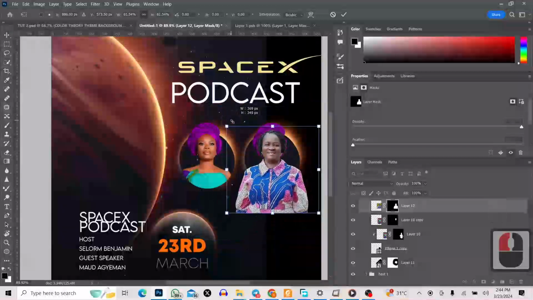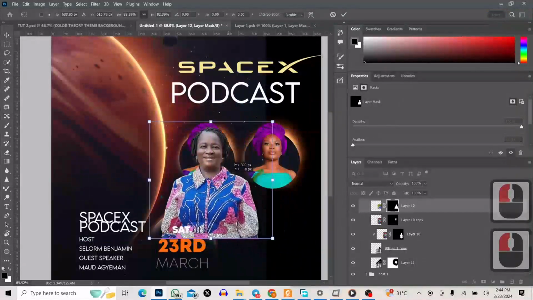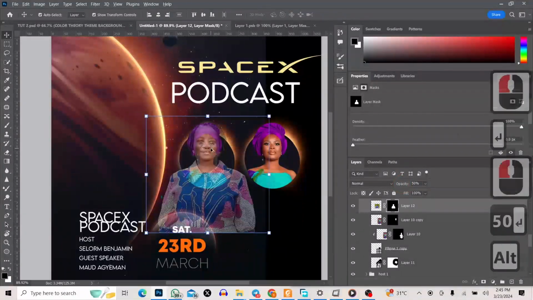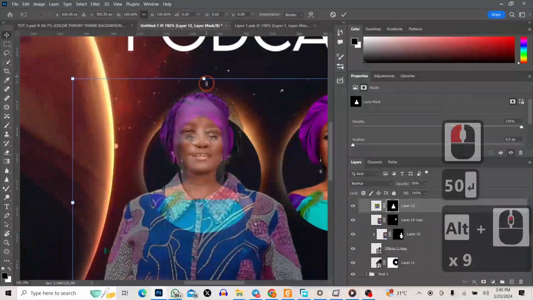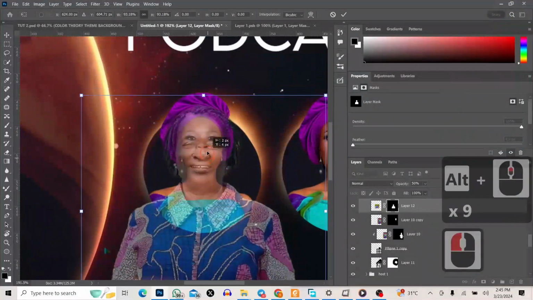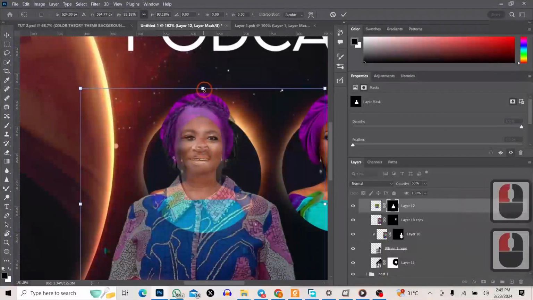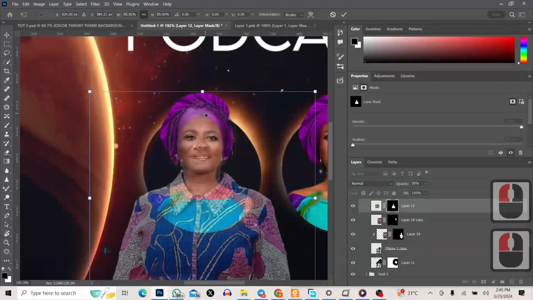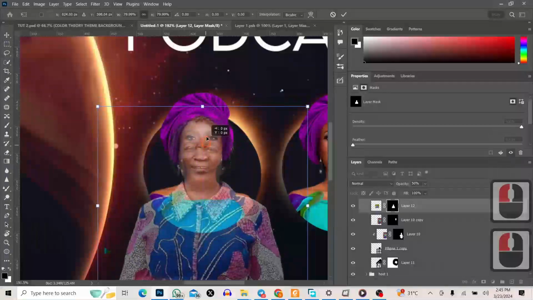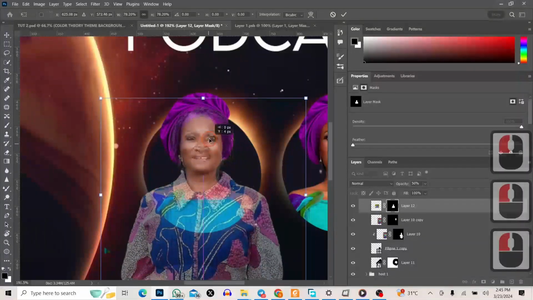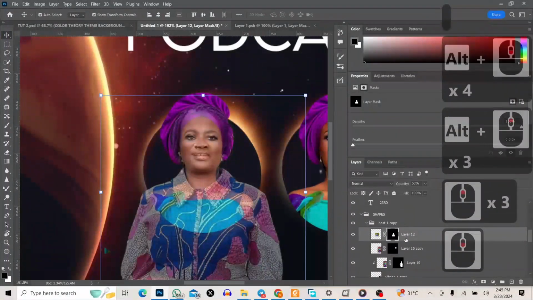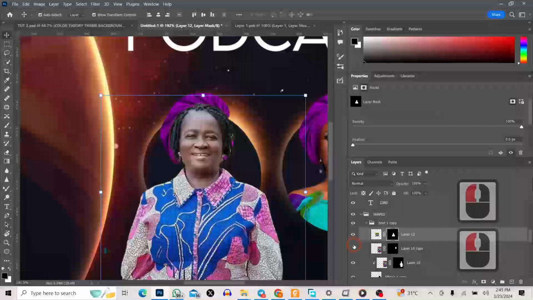Make sure that the person's size is probably the same as the other person. To do this, you'd want to use 50% opacity, align them with their eyes. Okay, use their eyes to align the images together. Let's make sure that the eyes are the same. That should give you a fair idea or fair scale of the two images. Okay, then now I'll bring the image back to 100% opacity, hide the other one,